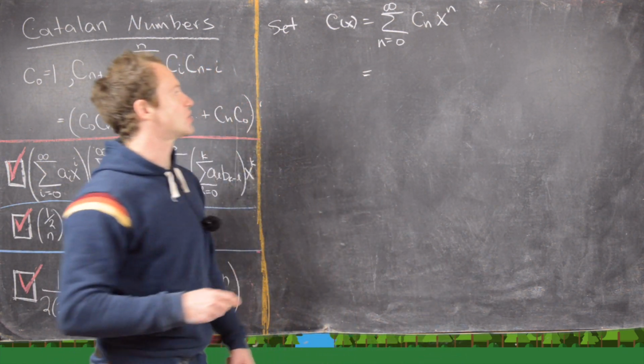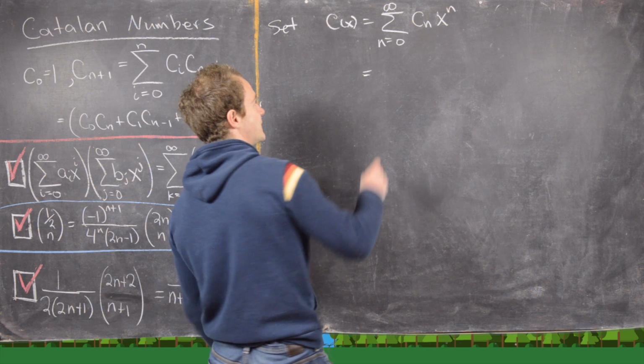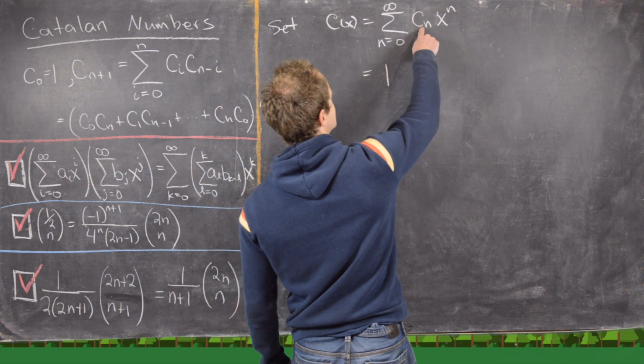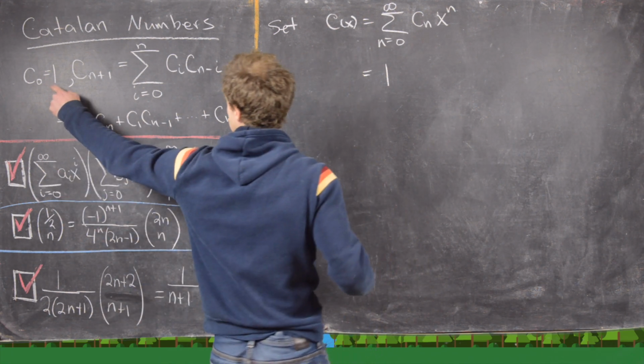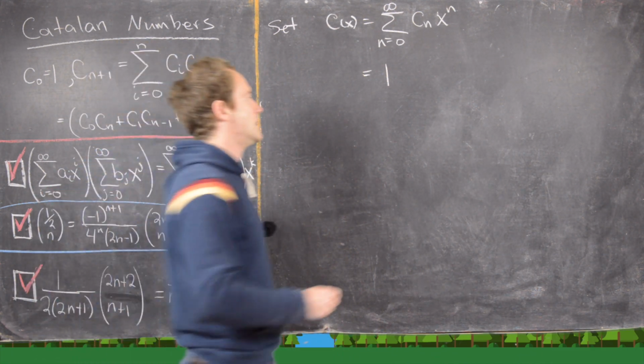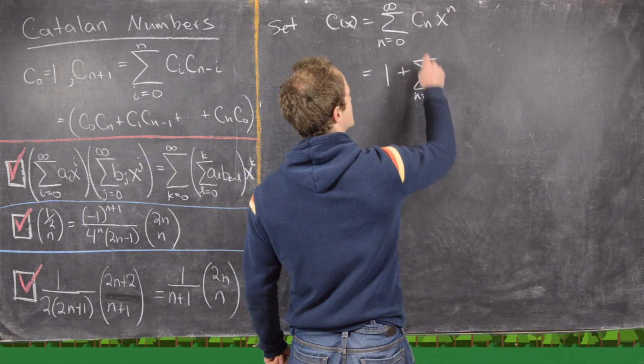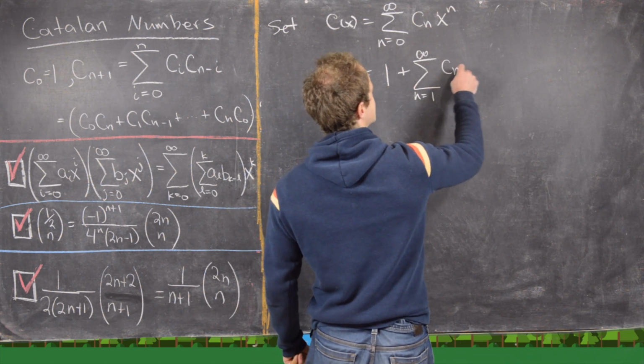So what I will start with is pulling the first term out. Notice the first term will be n equals 0, so we have c sub 0 times x to the 0. So that's obviously just the number 1. And now this is going to be plus the sum n equals 1 to infinity of c_n x